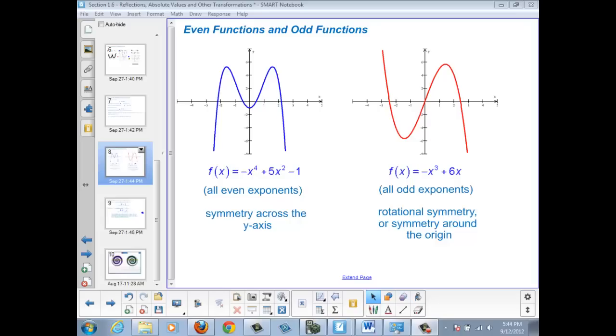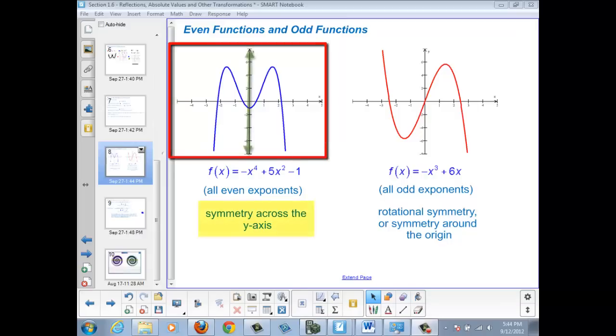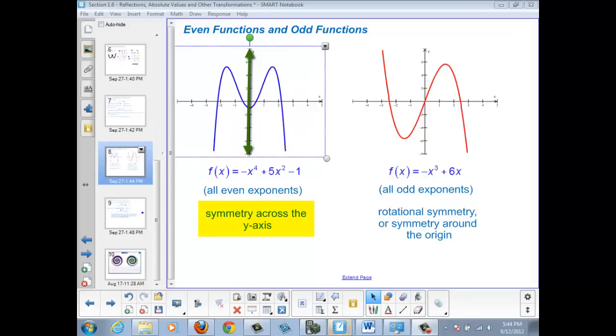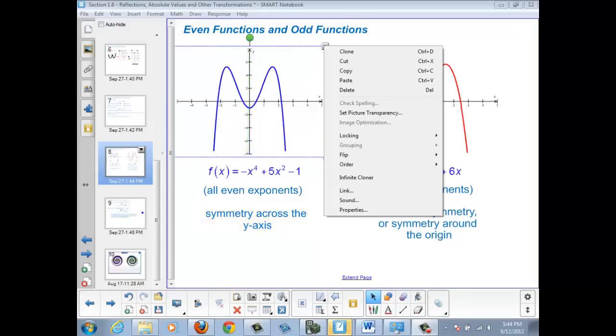Now let's talk about even and odd functions. Both even and odd functions display symmetry, but the type of symmetry they display is different. For an even function, this one here on the left, we see symmetry across the y-axis. So if I took my graph and I flipped it across the y-axis,